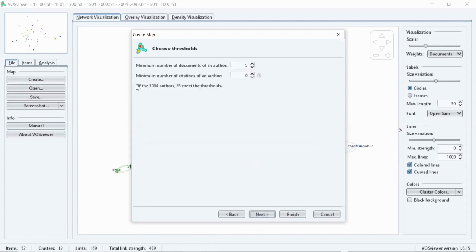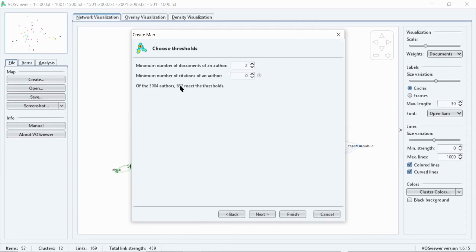So we can see that there are 3004 authors who contributed to this journal over a period of 10 years. Again, when I change the parameter, the threshold, you can see the changes in threshold values respectively. So I'll keep it as 1. When I keep it as 1, it will include all the authors, right? Because all the authors have at least one publication, only then will they be included in this analysis.